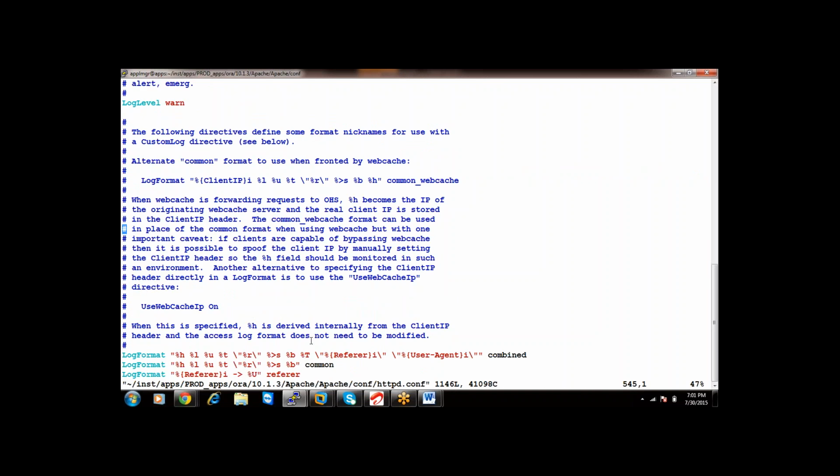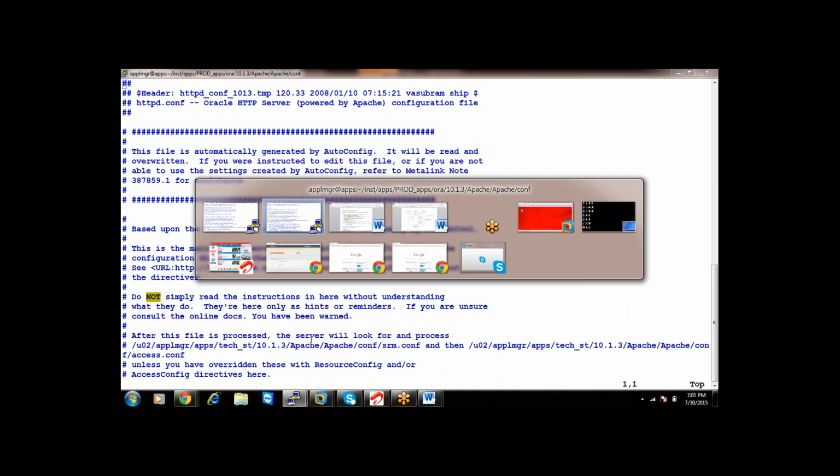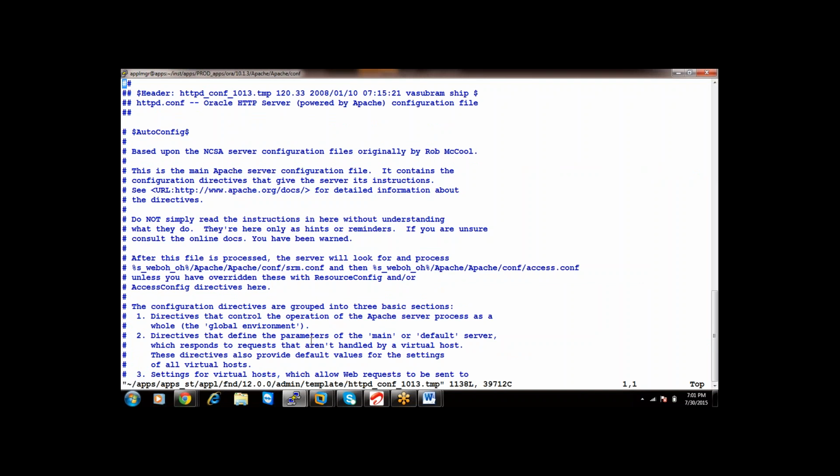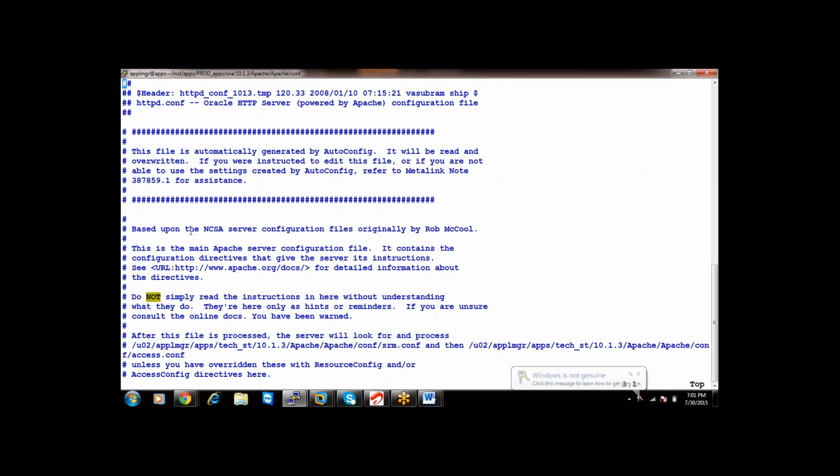So if you see, what is this? That is the structure of the variable. And here you will see, what is this?